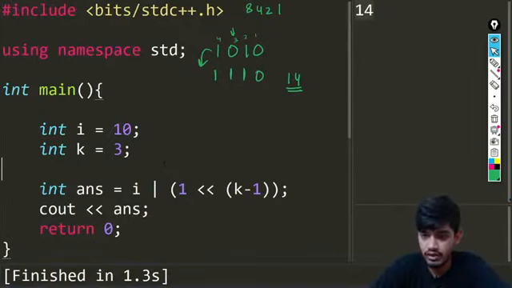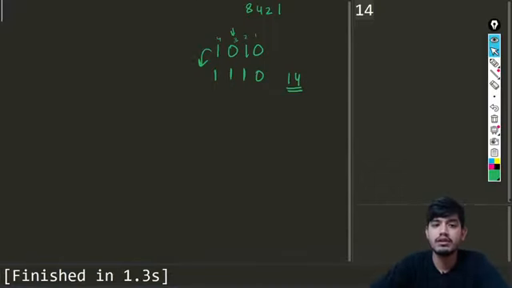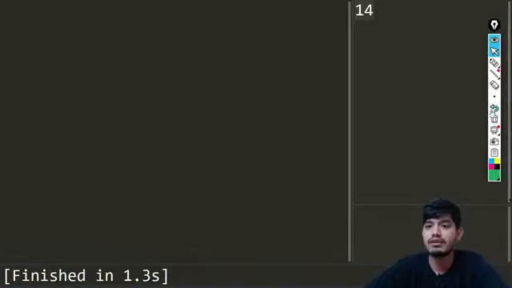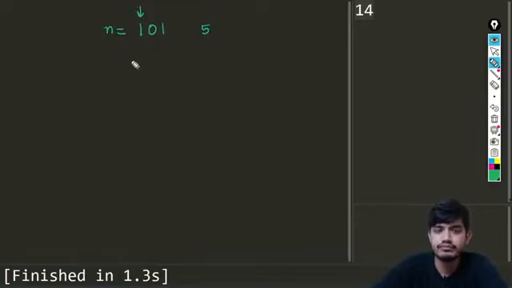Now we have already seen how we can set the bit. Now we want to clear the bit, so let us talk about this concept. Let me remove all this stuff and clear it. So what is my task? The new task is, suppose I have something like, again the example of 101, which is 5. I want to remove this bit.